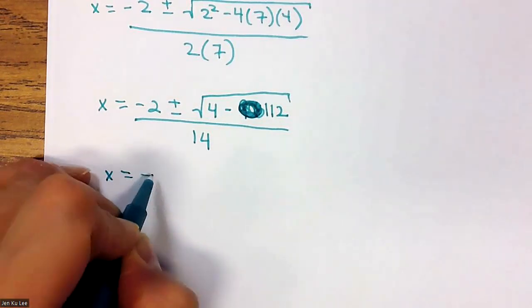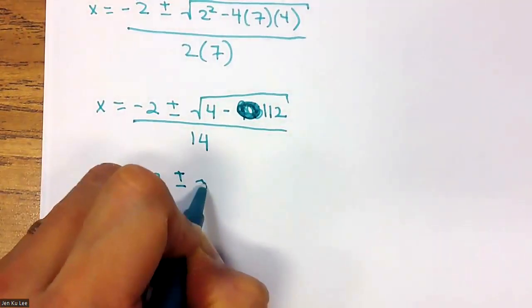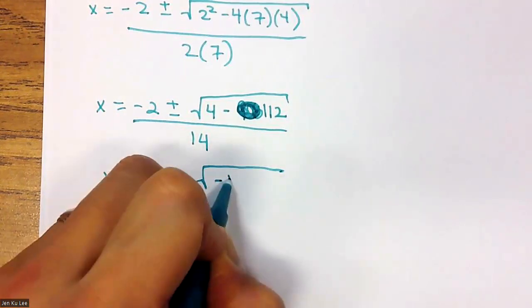So x equals -2 plus or minus the square root of -108